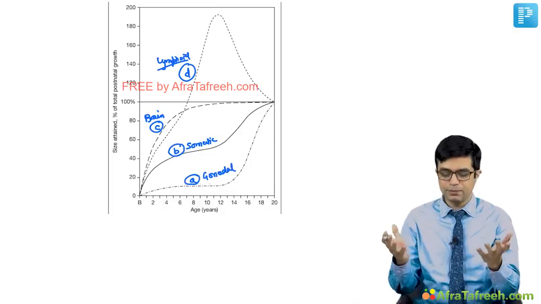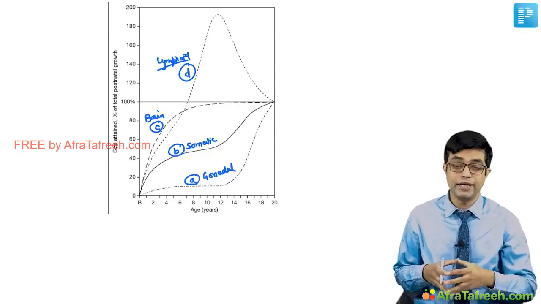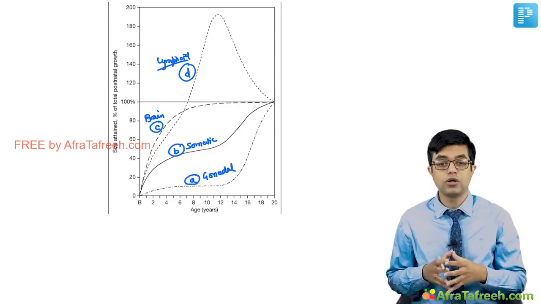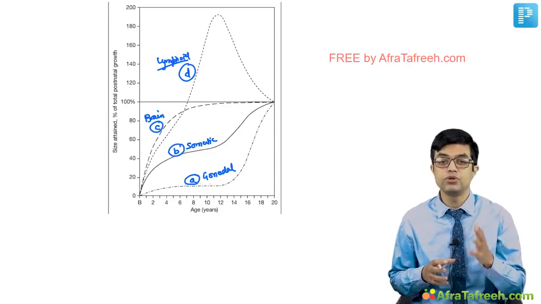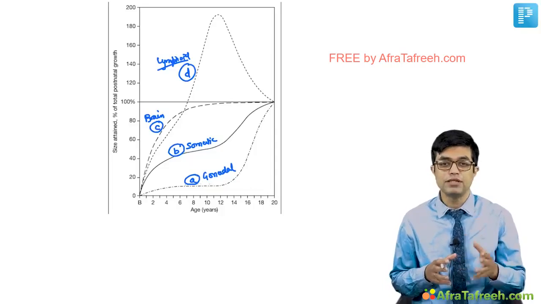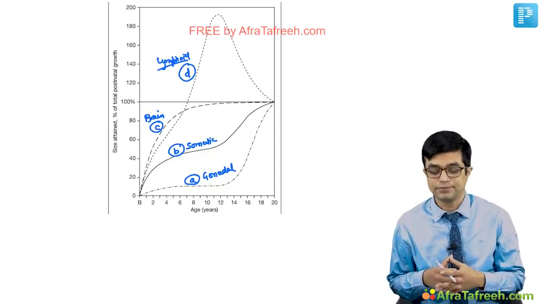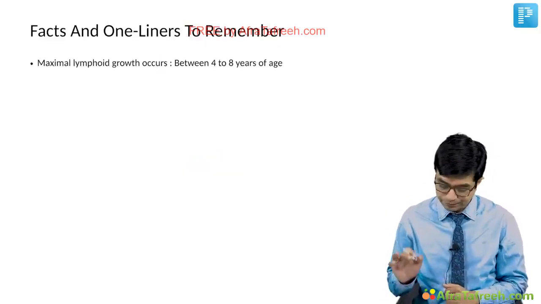So this is just a simplified way. This was my perspective of telling you how you should anticipate questions. If you know how to anticipate questions, you prepare accordingly. The rules remain the same even in super specialty. Nothing should surprise you. If you get surprised in the exam, you tend to falter and make mistakes. Now, what are the facts and one-liners you need to remember?